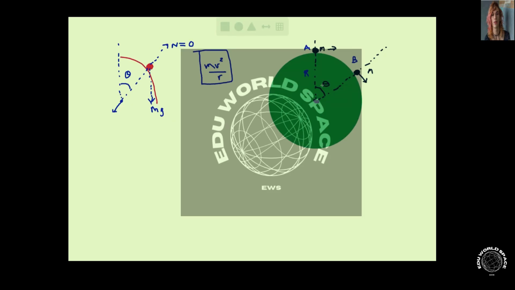So we are trying to find out this angle theta here through which the particle rotates on the surface of the sphere by the time it leaves the surface of the sphere. So our first step is to say that we know that the normal contact force at this point is equal to 0 because it's leaving the surface of the sphere and therefore is no longer in contact with the surface of the sphere. This means that the only force acting on it is the centripetal force, which acts in this